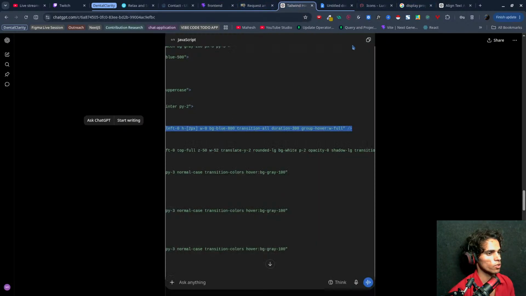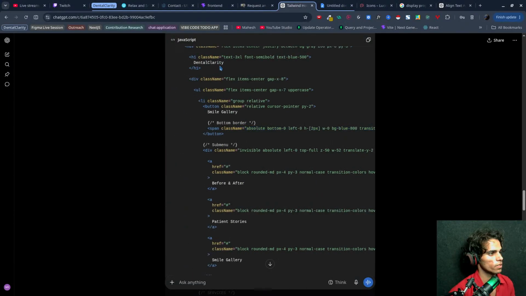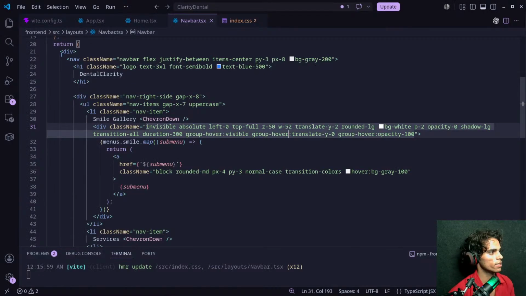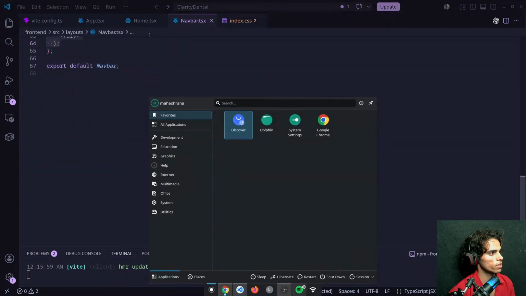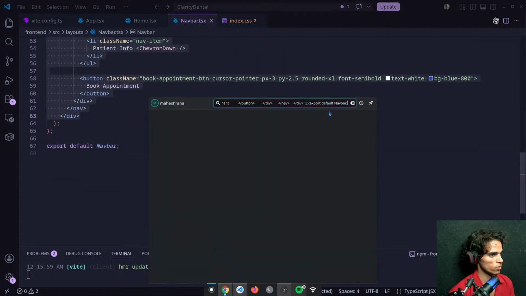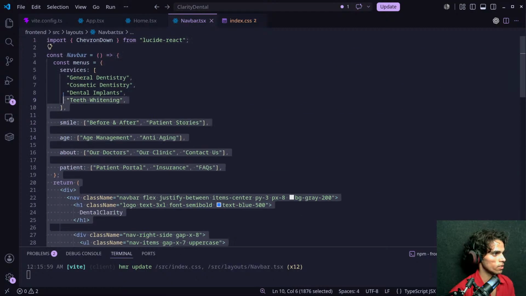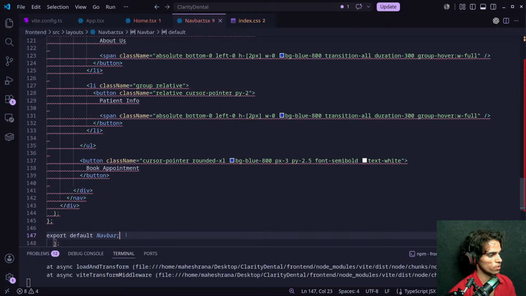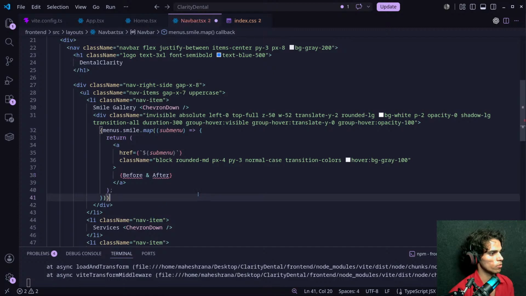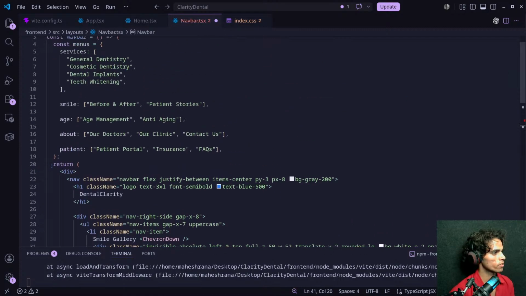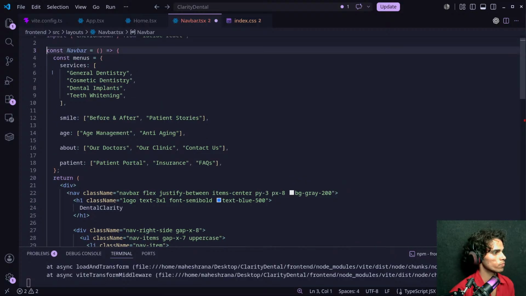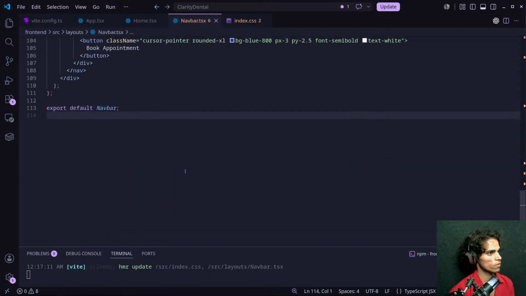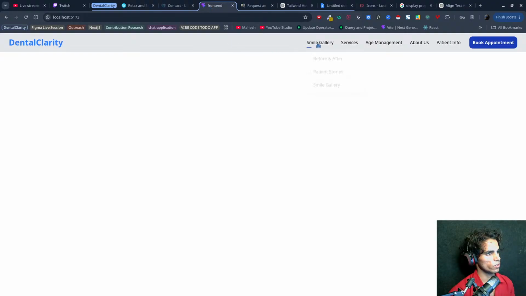Okay, so let's copy the same code. Here we have a dental section like this, with dental inside it, so I would like to change this completely from here. Let's change the data from here. We are also exporting data, so we have to write the complete code here. Let's see how it works.